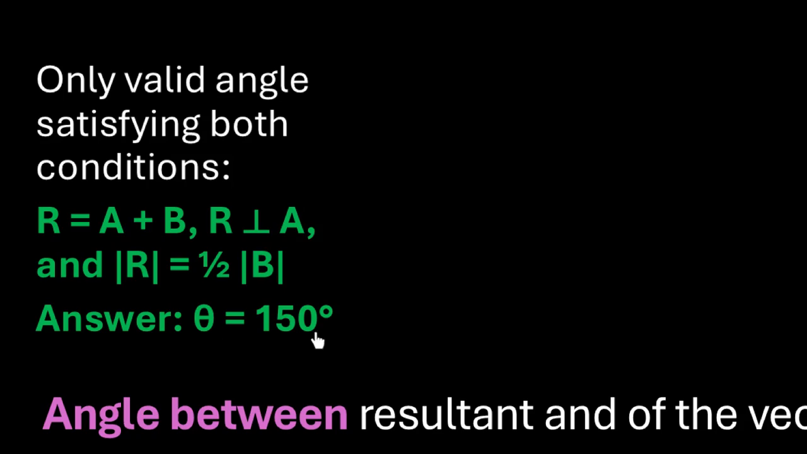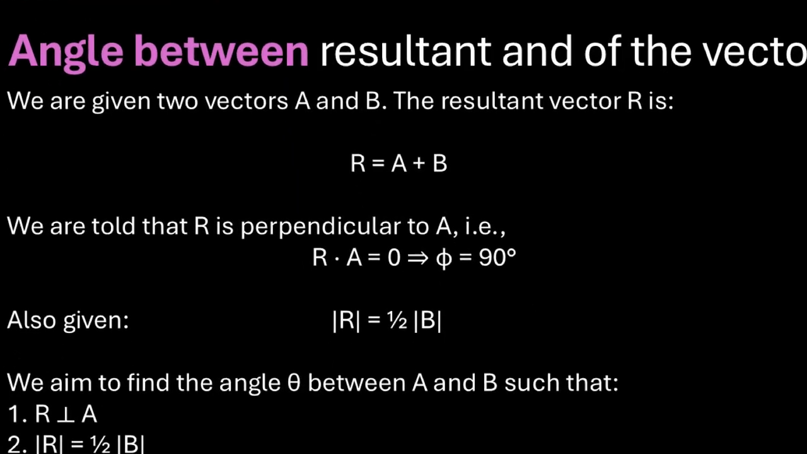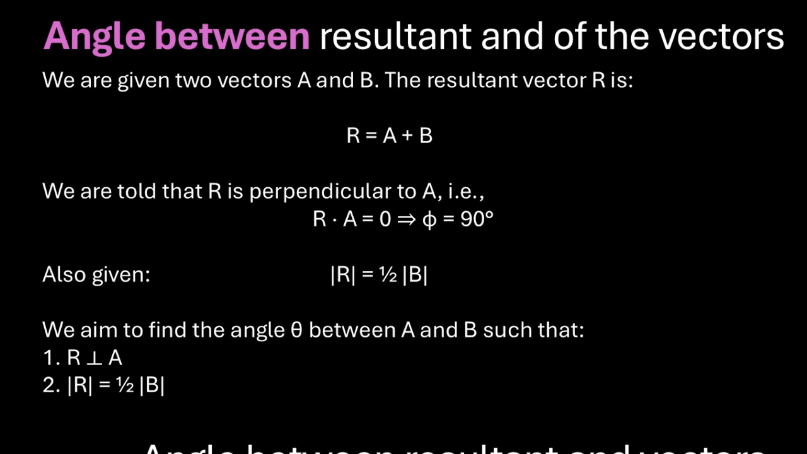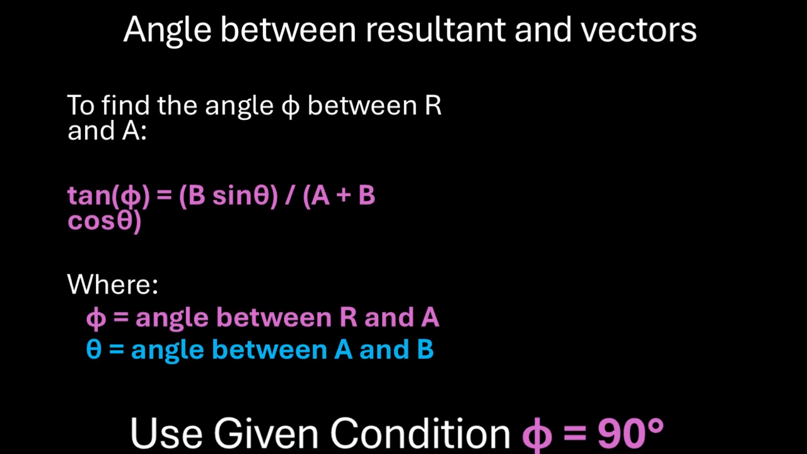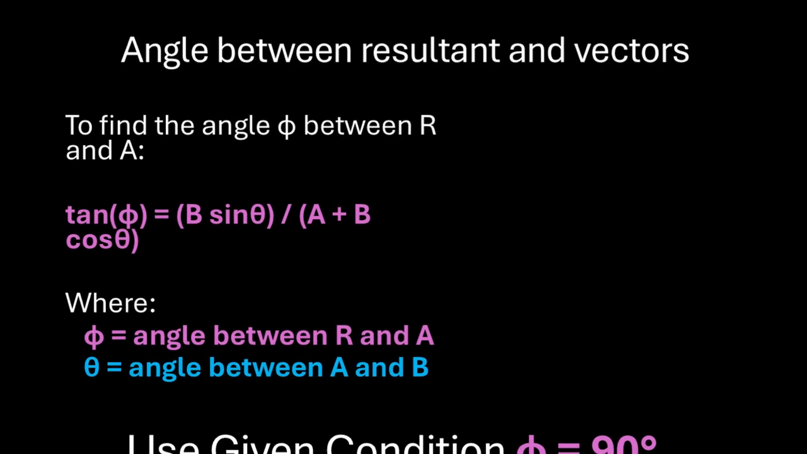Which is theta is equal to 150. Okay, how? Let us now discuss that using the angle between the resultant and one of the vectors. So if A and B are two vectors where R is the resultant, then we know that the angle between the two vectors can be written by the formula